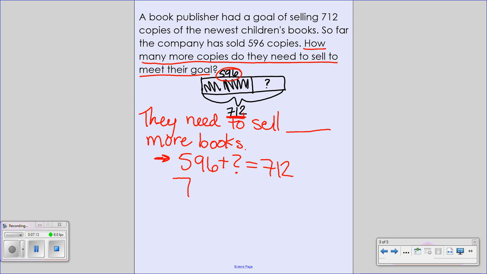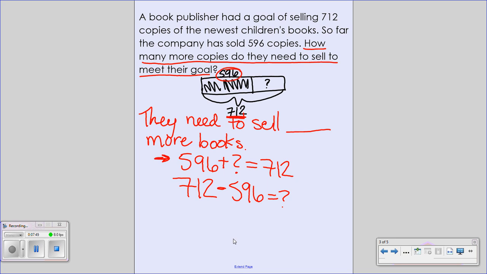We start with our whole. Well, I know I have 712. And if I take away the books that I've already sold, then I'll only have left the books that I need to sell. So I'm going to say that again. If I work backwards in my problem, since I don't know how to add question marks yet,